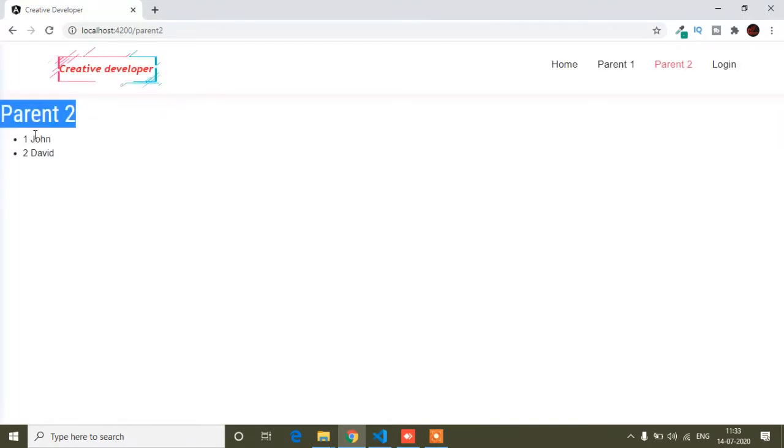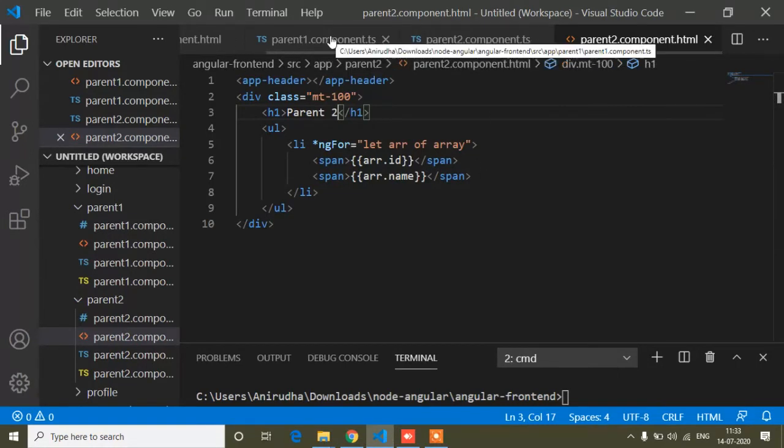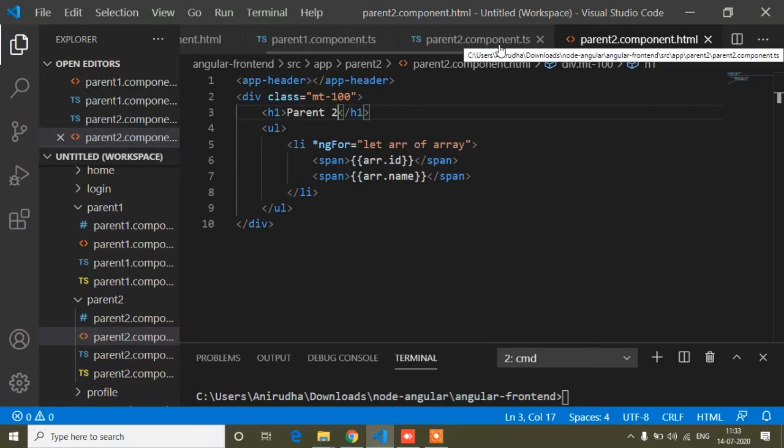So you can see inside the parent1 component I printed this array, and inside this parent2 component you can see I printed this array. So I had to write the same code in the parent1 component.html and ts file, and the same code in the parent2 component.ts file and html file.